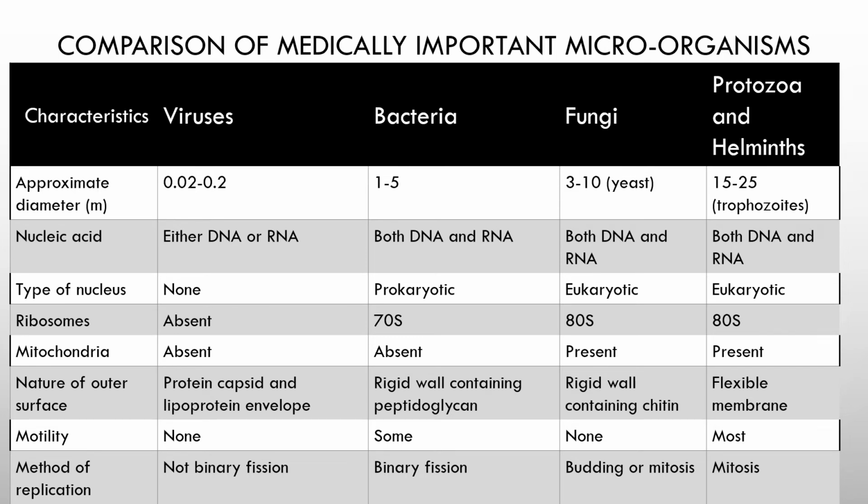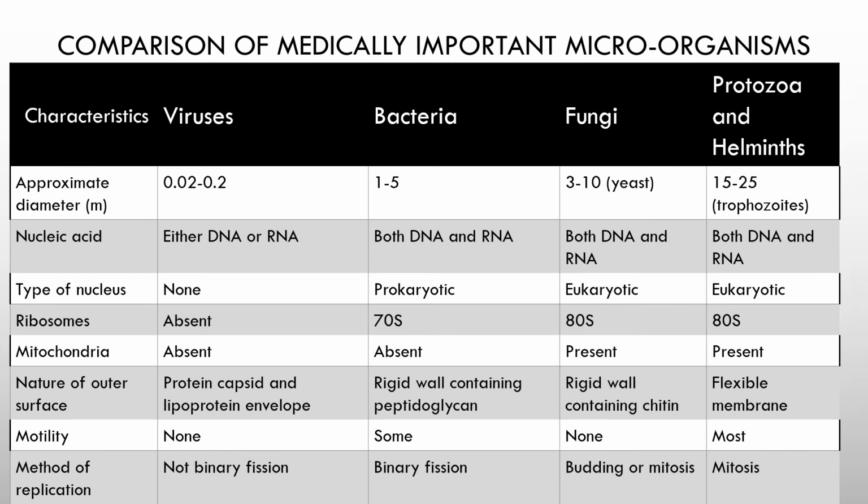In terms of ribosomes, viruses do not have ribosomes, while bacteria have 70S ribosomes, while fungi and parasites have 80S ribosomes. In terms of mitochondria, viruses do not have mitochondria, and so is the bacteria, while eukaryotes that include fungi and parasites have mitochondria. In terms of the nature of their outer surface, viruses have outer lipoprotein envelope, while bacteria